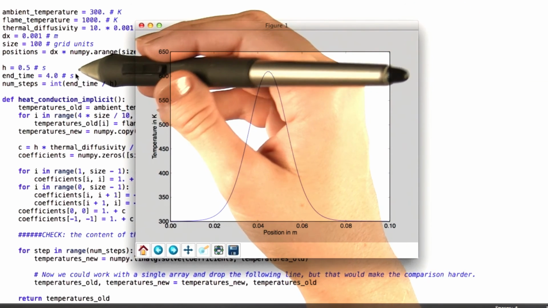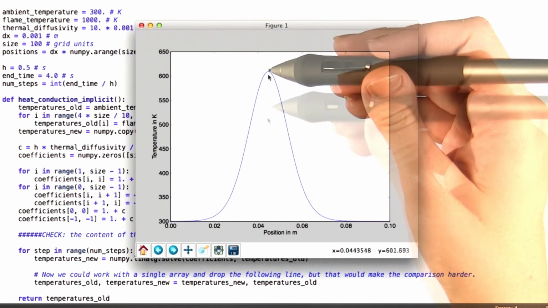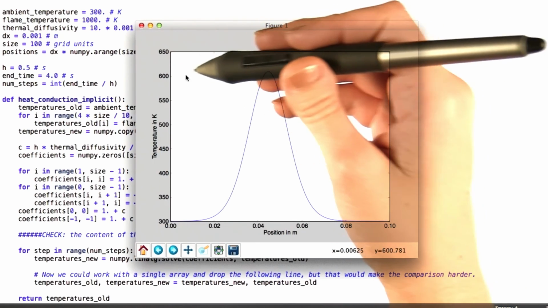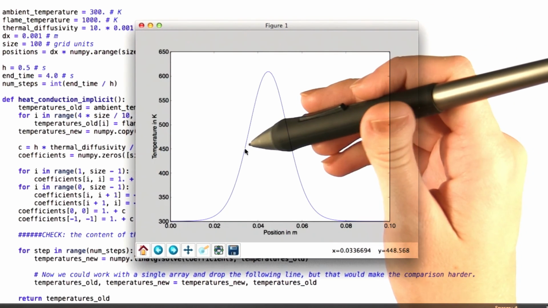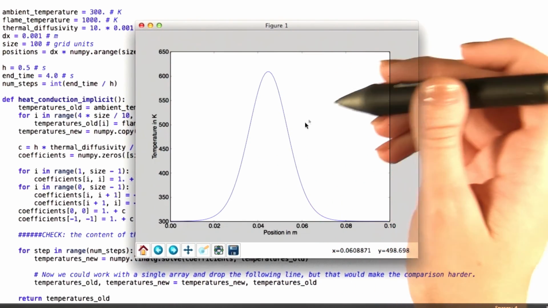When end time was set to 10 seconds, the peak was just under 500 Kelvin. And now we can see that it's resting right above 600. The distribution is also quite a bit narrower, showing that we're further away from an equilibrium position than we were with the larger step